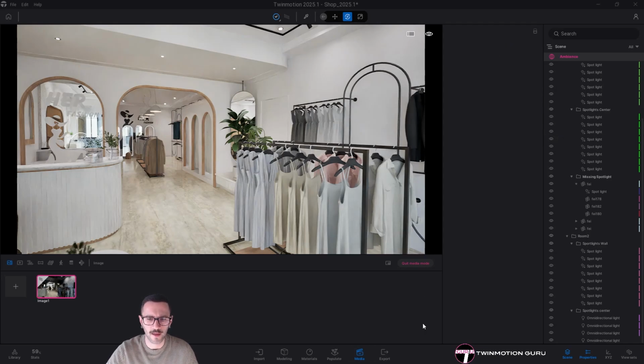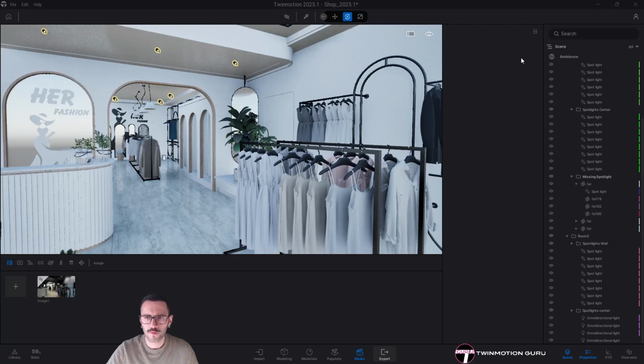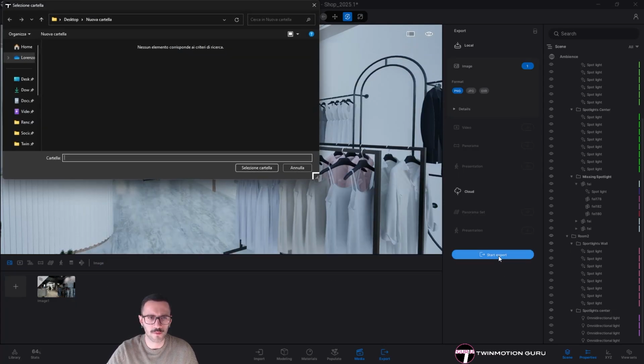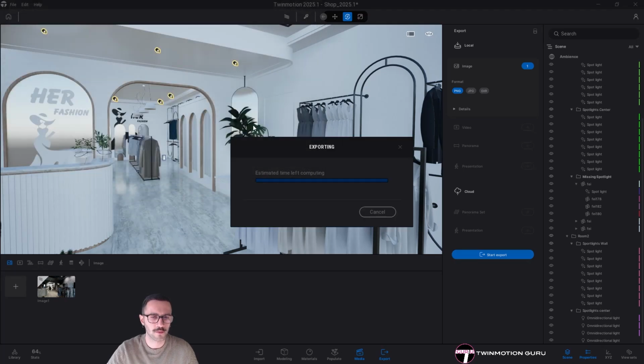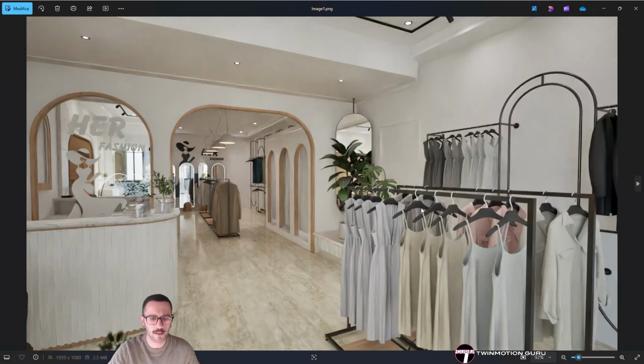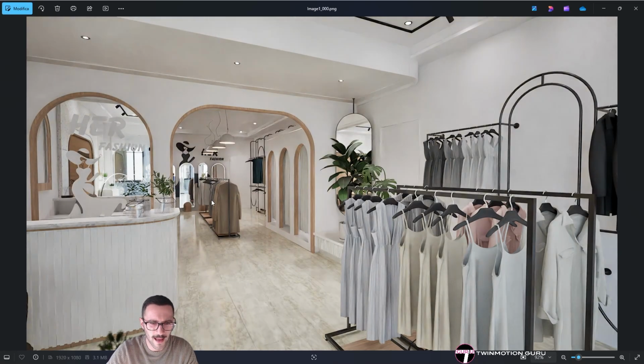Yeah, something like that. And then, of course, another test with the render. The media is also always the same, and then start the export. So the render has finished, so let me just pick it again. This is the last one, and this is the new one. Yeah, I think that the lights now are really more accurate, and I think we're done